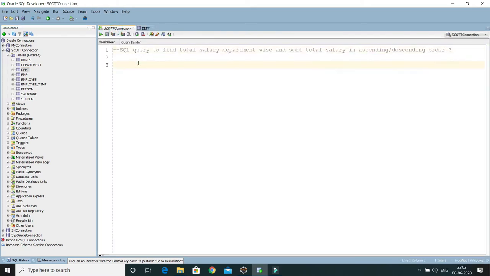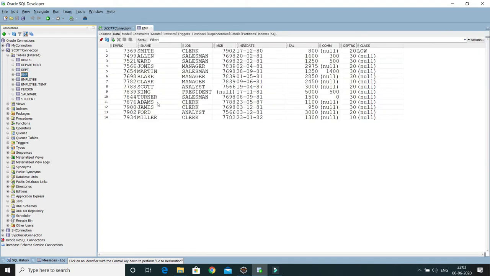So basically we want to divide the information based on the department number and corresponding name in different groups, right? So it's very simple to write a query. You have to write select, and here first of all we want to find the department name and department ID, and the total sum of the salary. So if you look into this information, we can get the salary as well as department number.